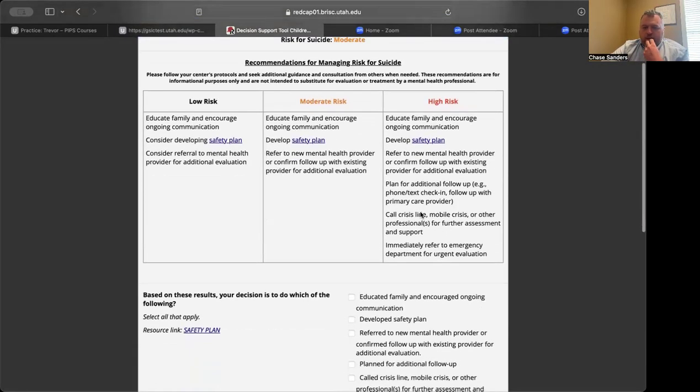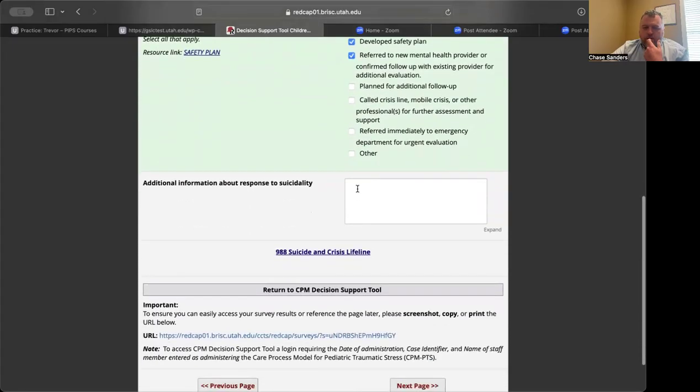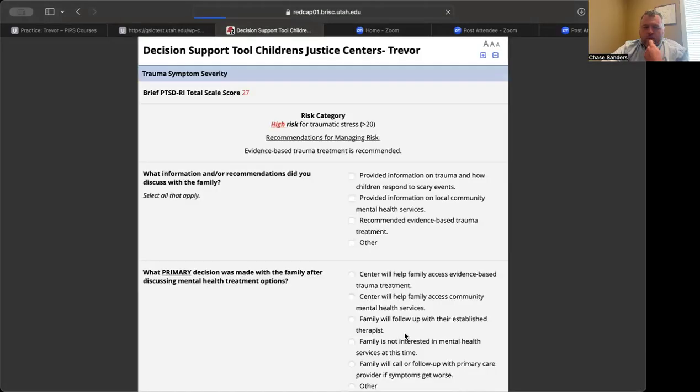So again, not a crisis call. We're going to educate, develop a safety plan, refer to mental health. We're already doing that, hopefully. So what are we going to do? Well, we're going to encourage communication. We're going to develop a safety plan. We've referred to mental health, and other things like that. All right, and then with the symptoms,